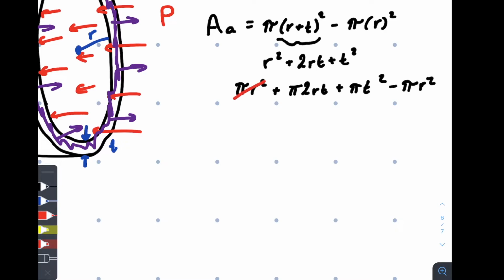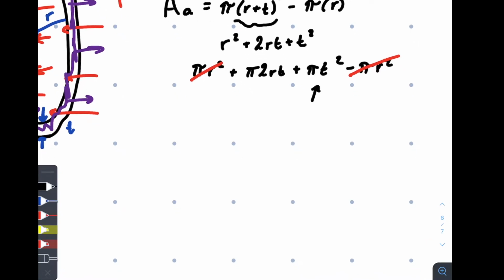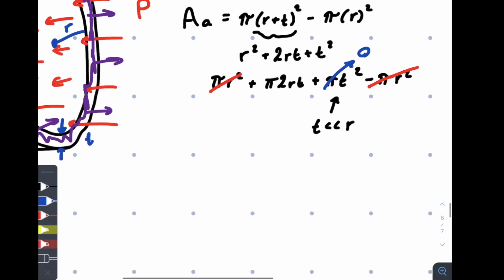We see that this guy's going to cancel and this guy's going to cancel. Right, now let's look at this guy right here, pi t squared. Now we can do something special here because our thickness for our pressure vessel is going to be much, much smaller than our radius. What does this mean? Because it's on its own and being multiplied by itself, that's a super small number multiplied by another super small number, so it becomes negligible. We're going to ignore it and treat it as 0, because our thickness is much, much smaller than our radius. So the area that our axial stress acts over is equal to 2 pi